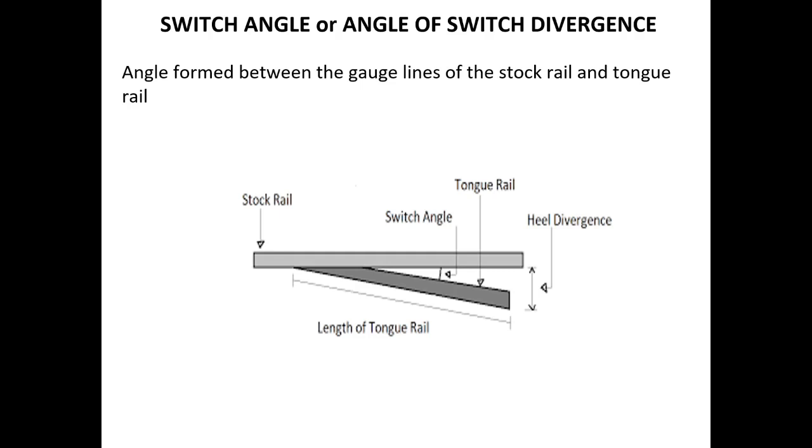So now before moving to the next points, first we will revise what is the tongue rail and the stock rails, that is, in short we will see the components of turnouts, and then we will move towards the next topic. Okay,